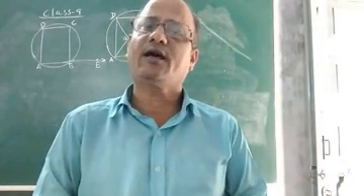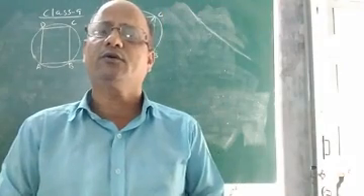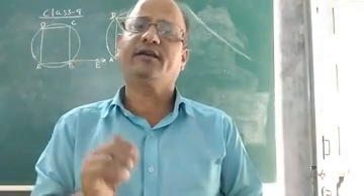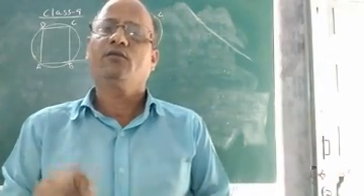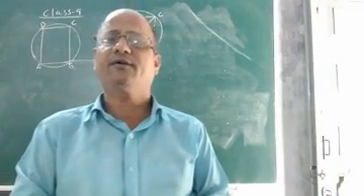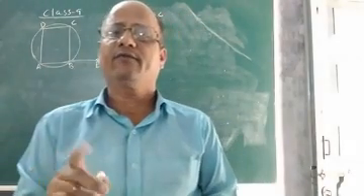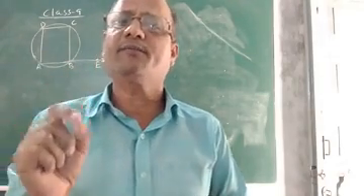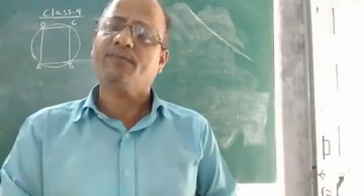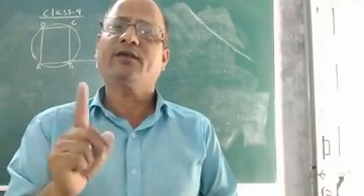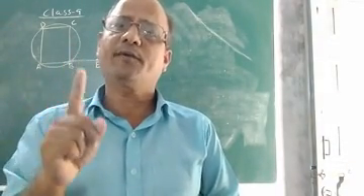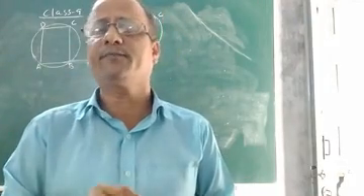In the last class we were discussing two properties in terms of two theorems, 10.11 and 10.12, as given in your NCERT syllabus of the chapter Circles, where we discussed that each pair of opposite angles of a cyclic quadrilateral is supplementary. In a cyclic quadrilateral, each pair of opposite angles is supplementary. It is one of the properties, and it was proved in theorem 10.11.